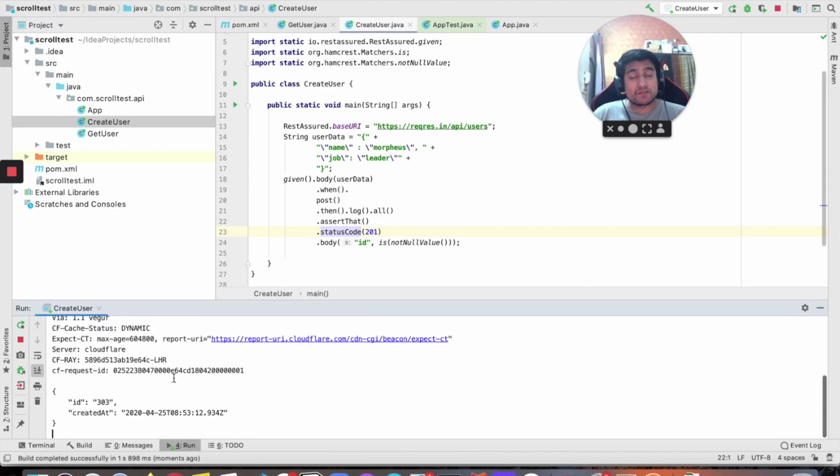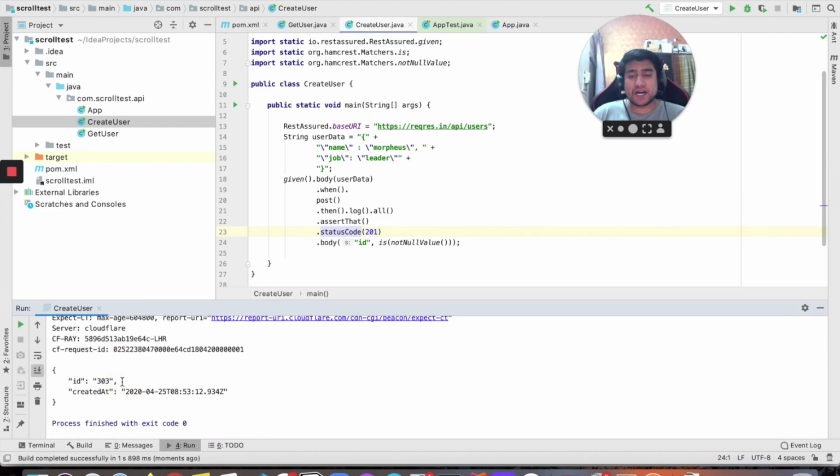Everything should work fine. So it passes, and it's logged that the ID is 3001, right? So that is again a pass. That is how you do get and post requests in a very simple manner, right? In the next video, we are going with post, patch, put requests also, right? And after that, we'll start creating our automation framework.